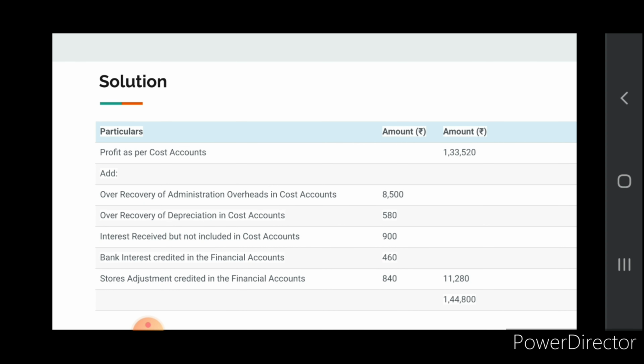So firstly, as per the profit, we have added five things: over recovery of administrative overheads, over recovery of depreciation in cost accounts, interest received but not included in cost accounts, bank interest credited in the financial accounts, and stores adjustments credited in the financial accounts. These five items have a total of 11,280. We will add that amount to the profit, which results in